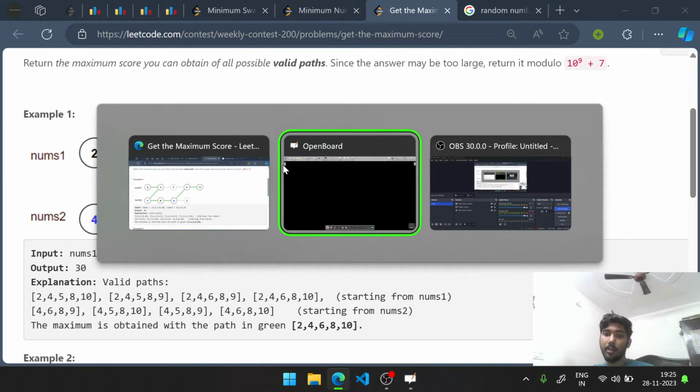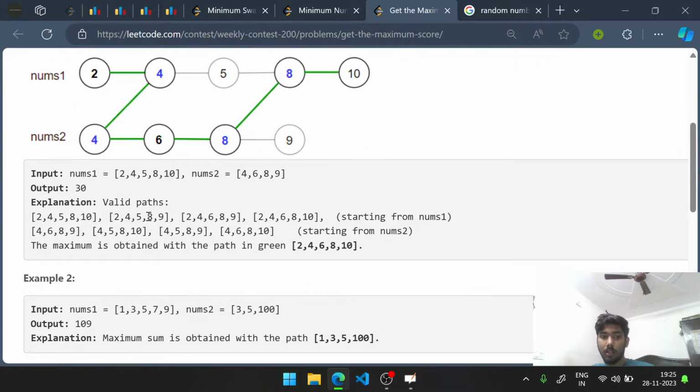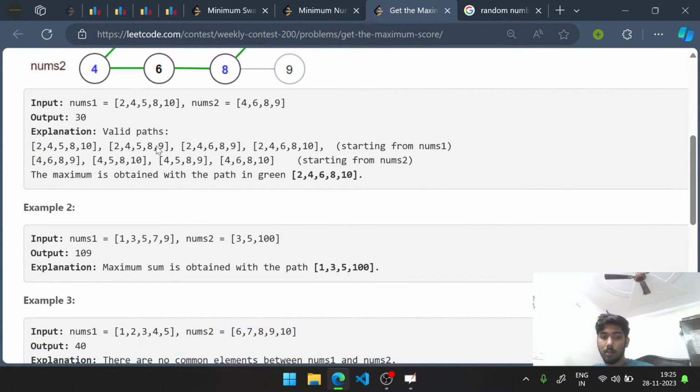Let's take an example to understand this more clearly. Let's take a good example like 1 1 3 4, 5 6 6, 5 6 8,